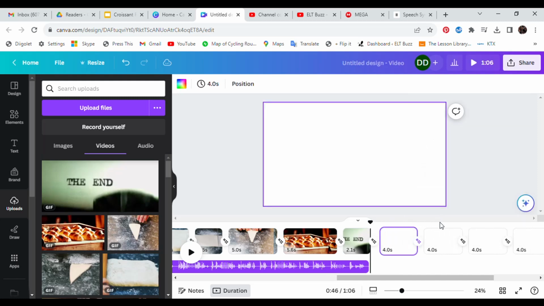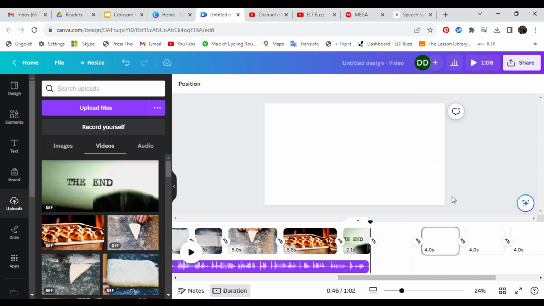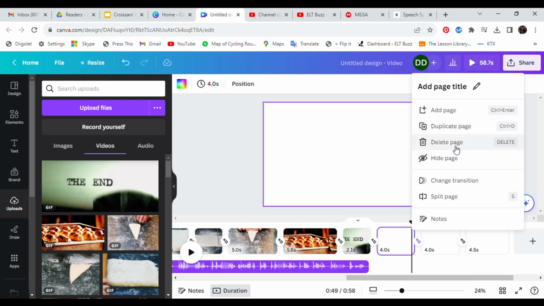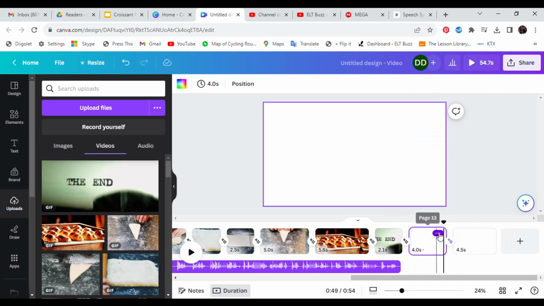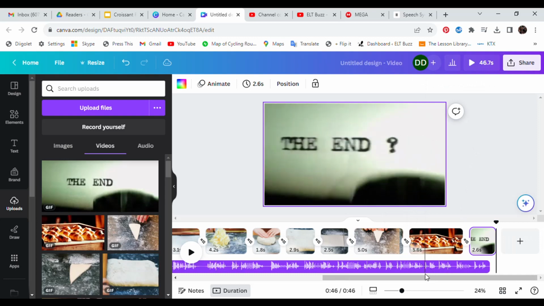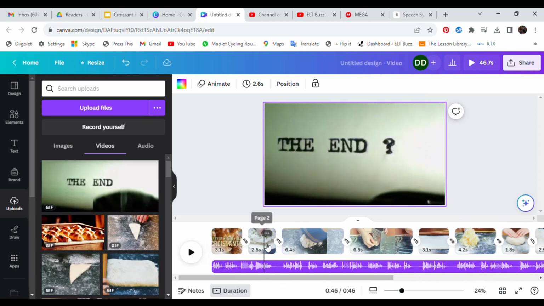If you want to put subtitles on this, you can in Canva. I use an external tool called Clipchamp. I find the quality of the subtitles is a little better, but sometimes I'll use Canva. How you do subtitles is